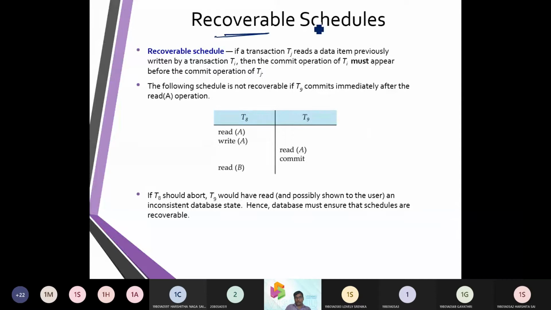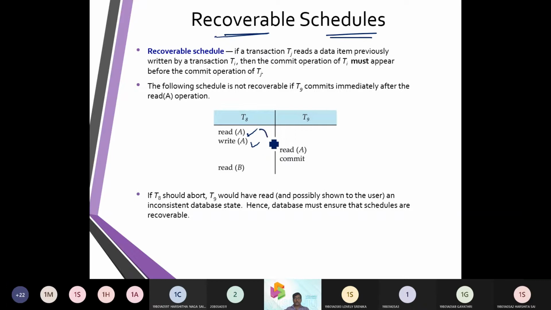We do know about the recoverable schedules. So how was this recoverable schedule? What we can check was there was a transaction called T8. There we made a write.